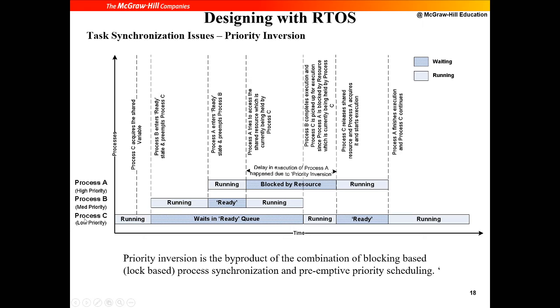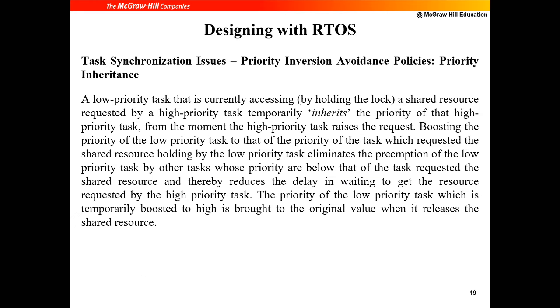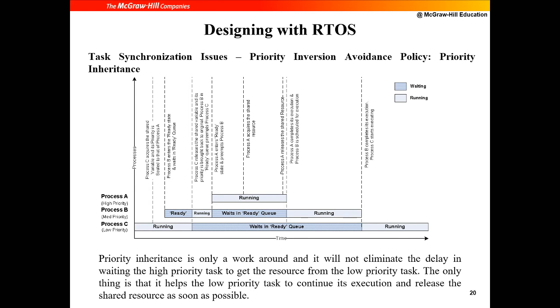And similarly, process C, even though it has lesser priority than A, that also finished early. So some priority inversion has happened. A has become the least priority job here, but it should have been the highest priority job. That's exactly what priority inversion is. Now, how to overcome this? This can be overcome in two ways.